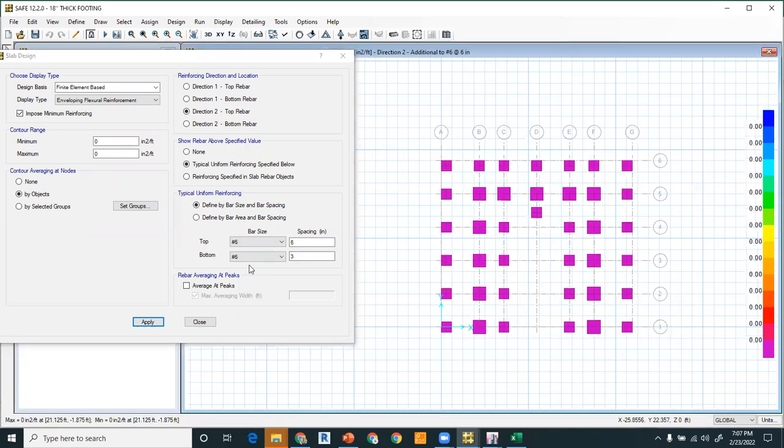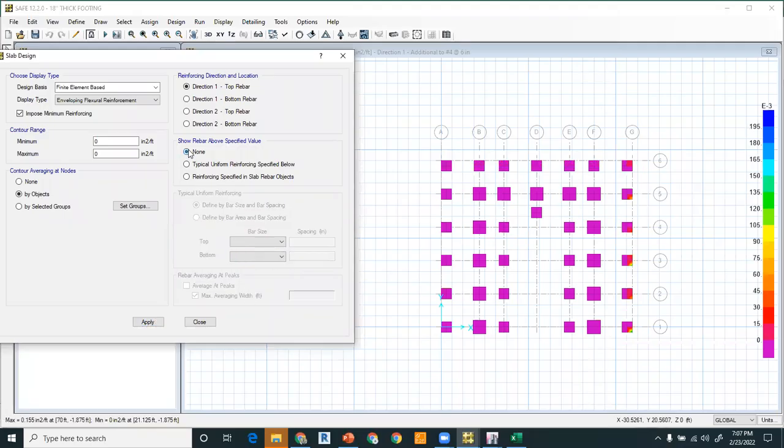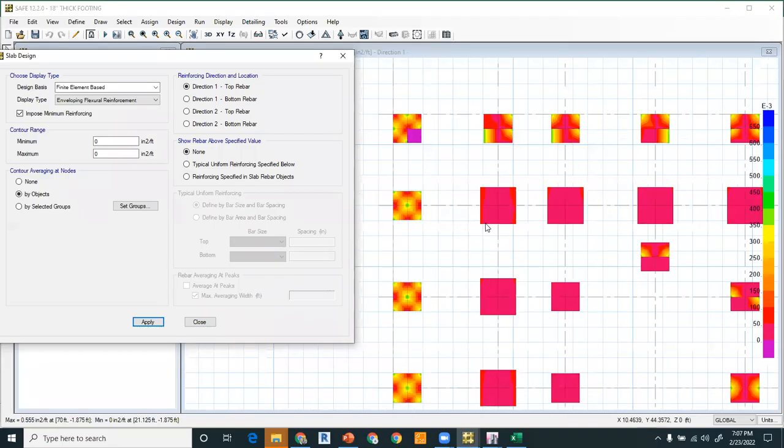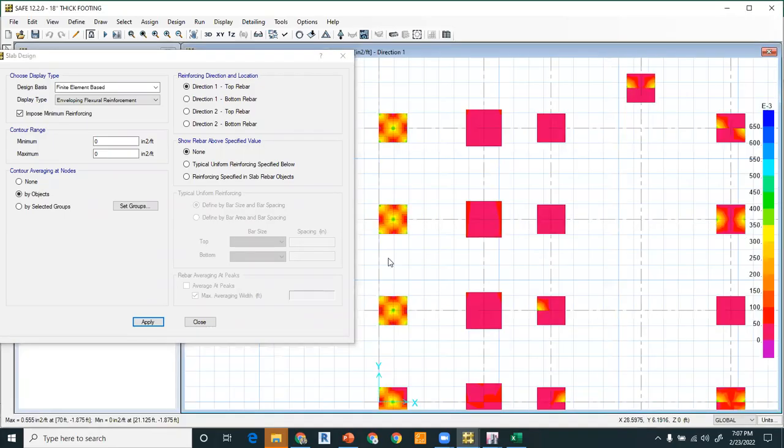So you have to play with these values to make your structure economical. You have to go for number 4 if it is working with number 4 at 6 centimeters. It's not working for some, but all our other member footings are okay with number 4 at the rate of 6 centimeters. But if I click on none, whether it is requiring any top reinforcement for the interior column or not, you can see it is asking for some portion, but not too much as compared to the exterior,